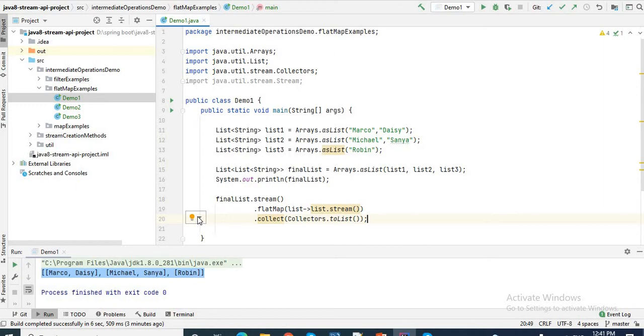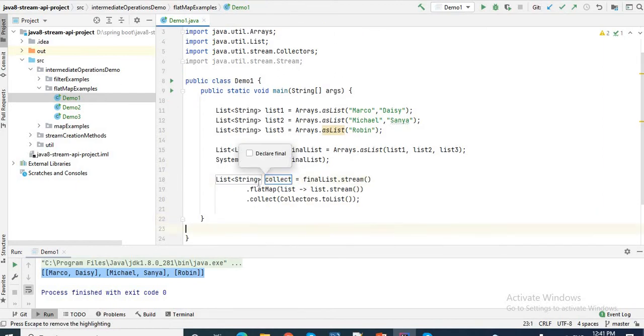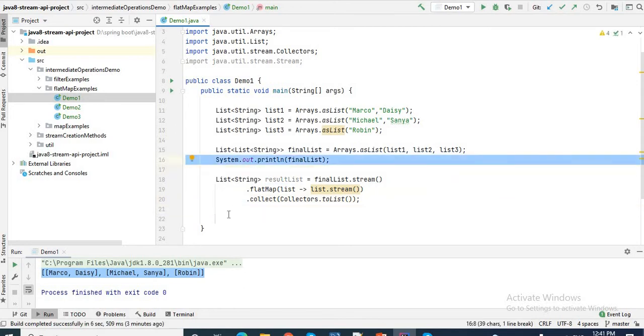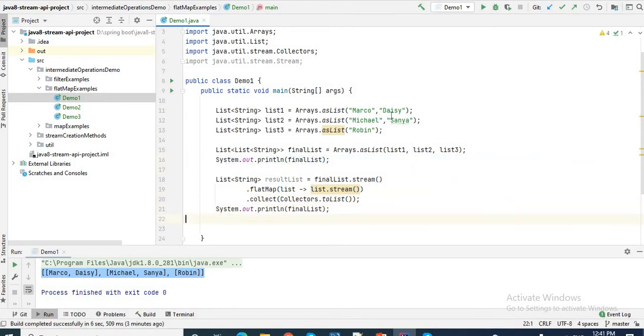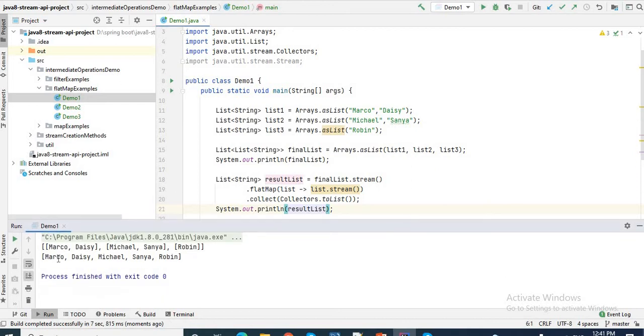I introduce a local variable here, which is a List of String. Let me change the name to resultList. If I print this result list, I can see I'll collect all these names inside one list. See, this is my result list containing all the names in a flattened way.